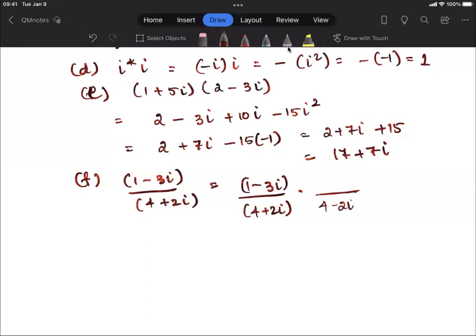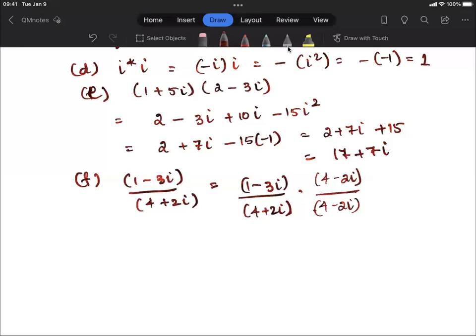The complex conjugate of the denominator is going to be 4 minus 2i. The reason we do this is because when you multiply the denominator with its complex conjugate, your denominator is going to turn out to be a real number. So you only have the imaginary part of your complex number in the numerator, and the denominator is not going to have any